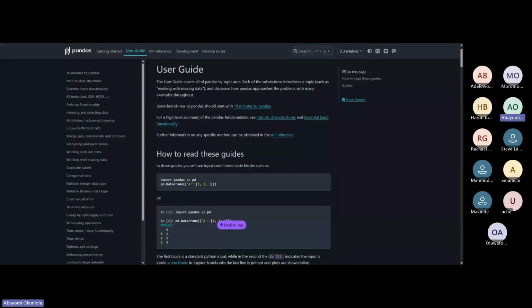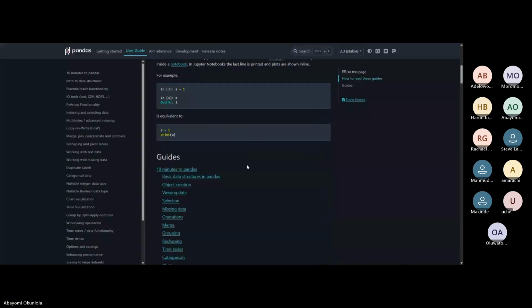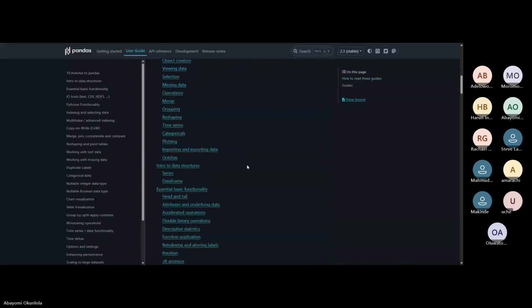So the person won't have an issue understanding your code, so far as you've clearly defined it. You might put a note there and say, here, the alias for my pandas is PS. So it depends on you. I hope that answers your question. Yes, thank you.